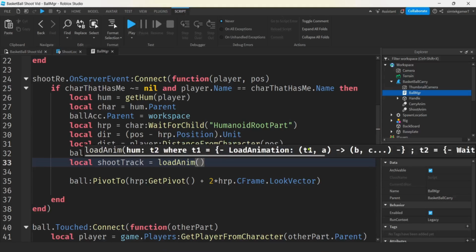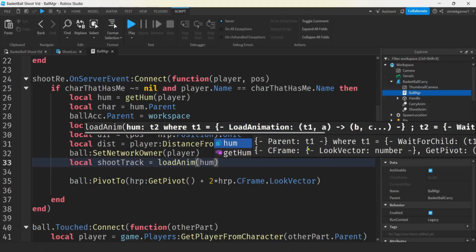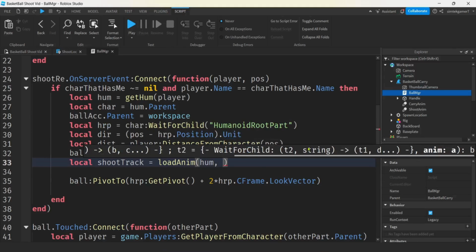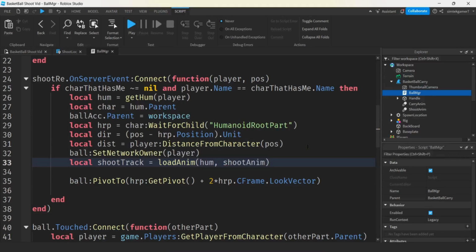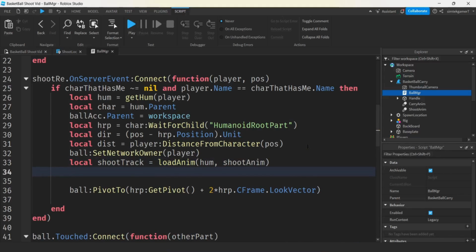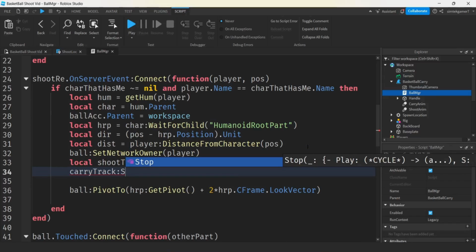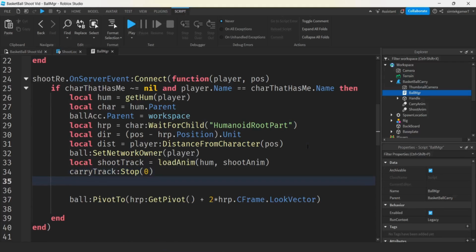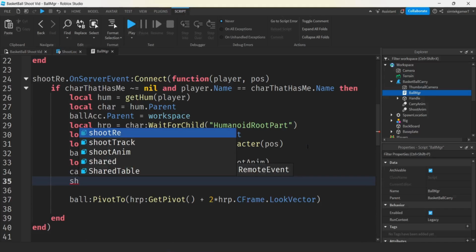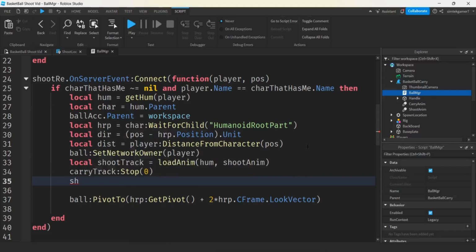Load animation. We made that in the last video. It should be there in the ball accessory. And then we're going to pass in our shoot anim. We need to turn off the carry track, right? So we'll do carry track stop, and I'll set that to 0. So we don't really need a transition because the shoot starts right from the carry, right? So we'll do the shoot track